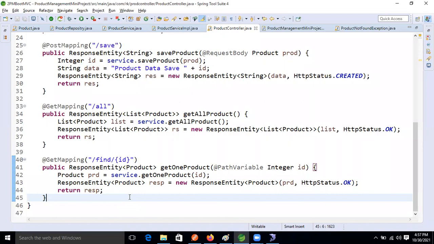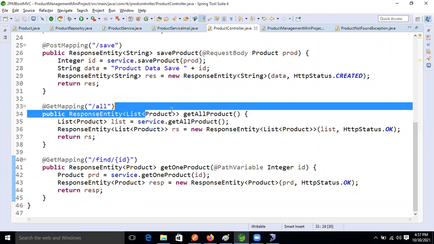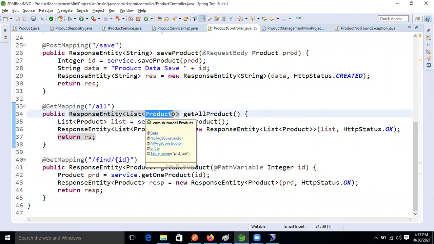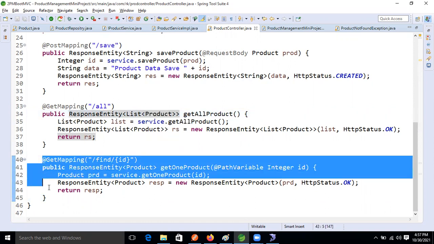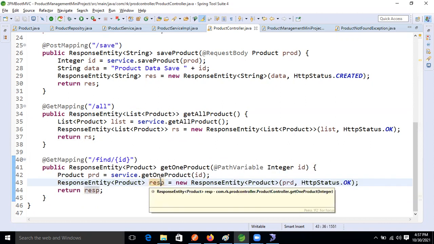So how many people are confident about generics, guys? A little bit, not much, because these things are generic types only, right? Type safety, okay, good. So I'm going to implement it. Anyone know about wildcard generic parameter, the question mark? Okay, no issue, guys, don't worry, we are learners, right?